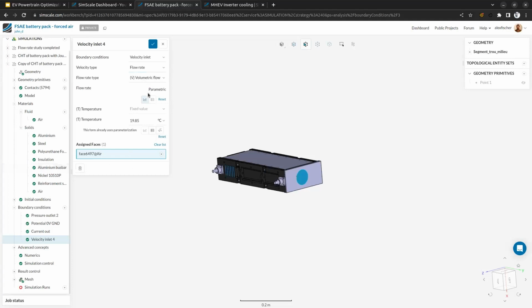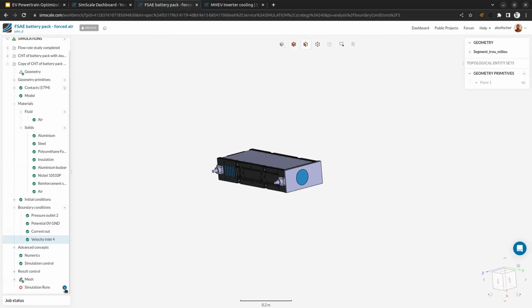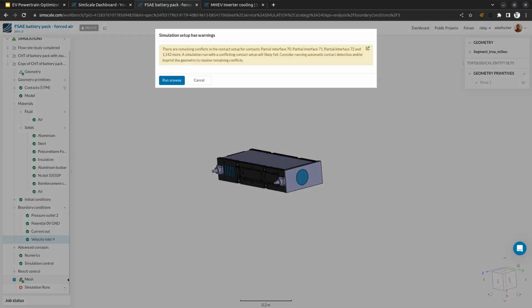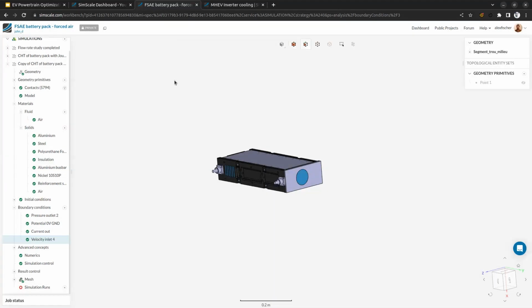Now I can see this updated to a parametric value, and later on the simulation will execute all of these different flow rates all at once. This is also what I will just do next. So I'll click here on start simulation. It starts now 11 simulation runs all in parallel that I can later on again access, all of them separately,